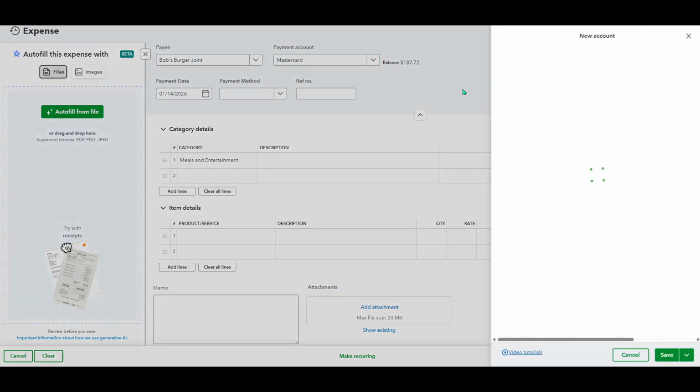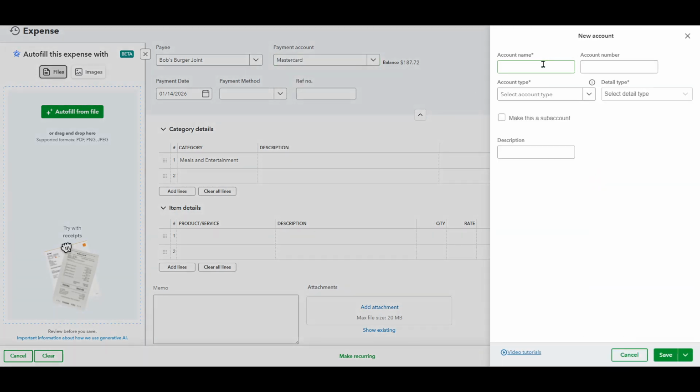In the Setup window, enter a clear account name that you'll recognize later, such as Reimbursable Expenses. Then choose the appropriate account type and detail type that best match how you want this cost categorized in your chart of accounts. Picking the right types helps your reports stay accurate, so choose the closest fit to an expense